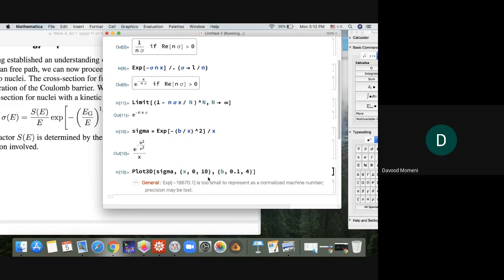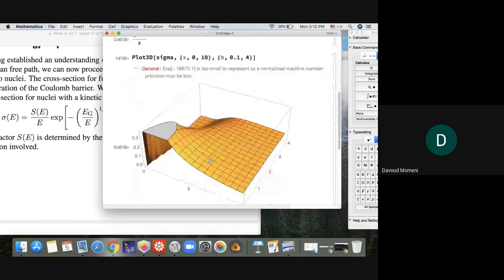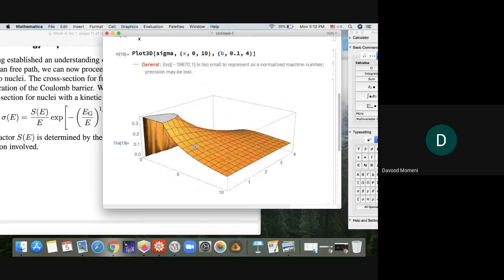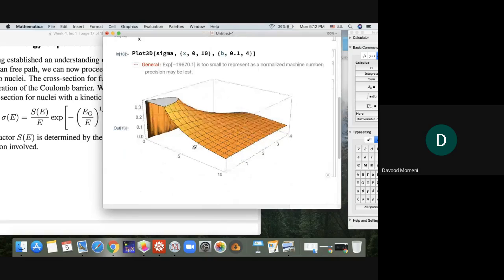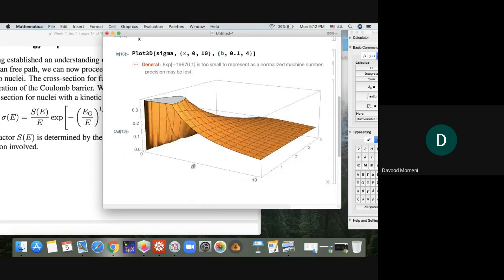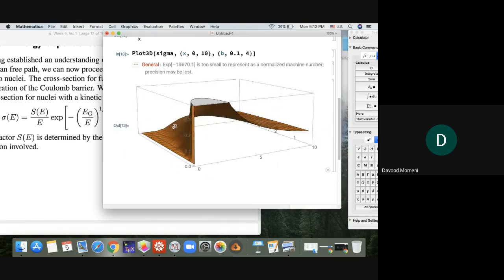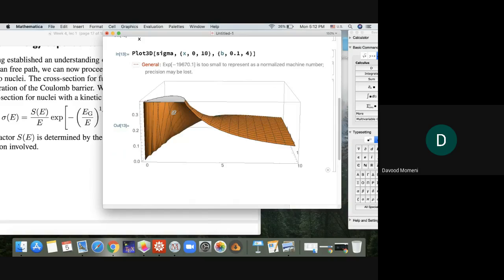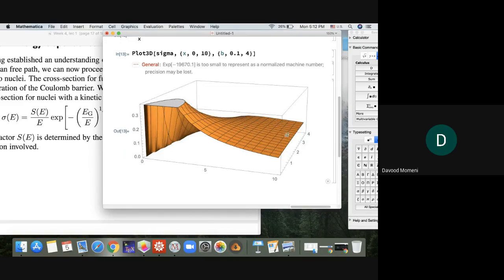So this is a very tiny number. It's trying to plot this function for you, but let's see. You see? This is the graph, a very nice graph. It gives you the reaction cross sections versus the two parameters. You see, this is x from 0 to 10. Up to somewhere, the probability increases, and then it decreases, and somehow it reaches a constant value. But it also depends on the parameter B. But if you fix B,